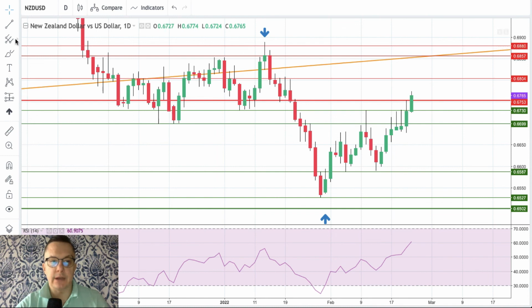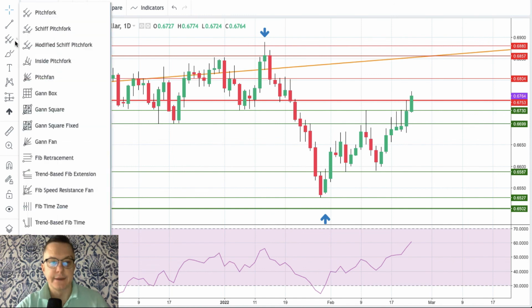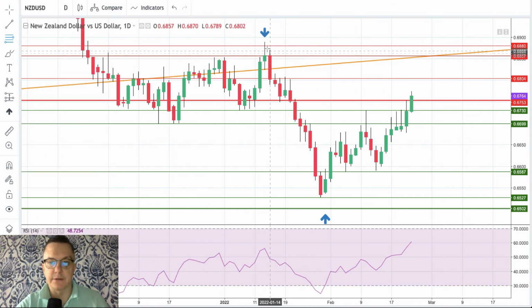However, I think that this move up is in three waves. That's the one thing, and it looks like it's more than 61% already. Let's take a look. Yes, 61% was at 6,749. The high was kind of higher, so we are now getting through this level. The high was